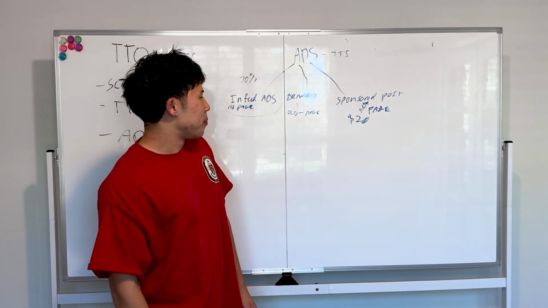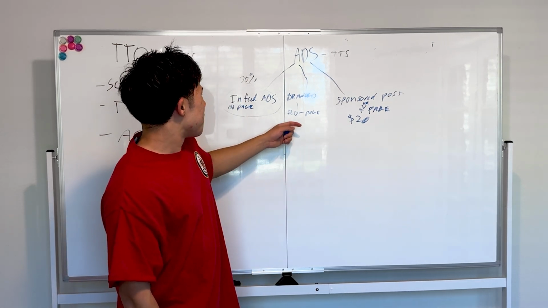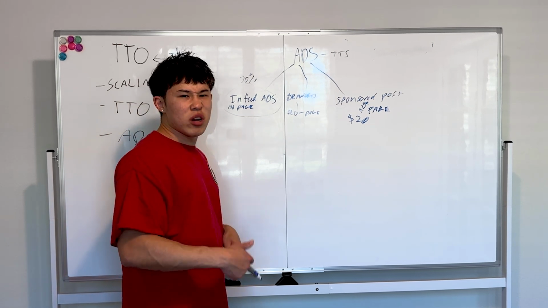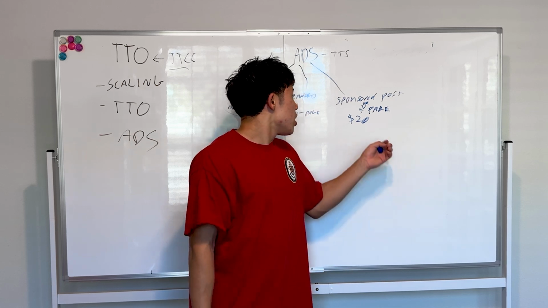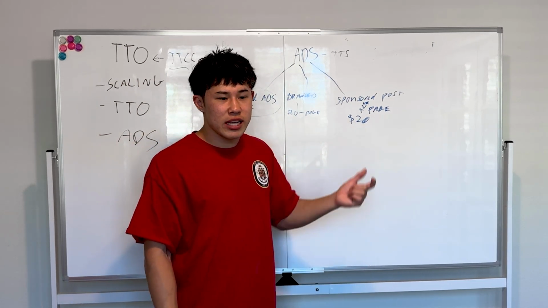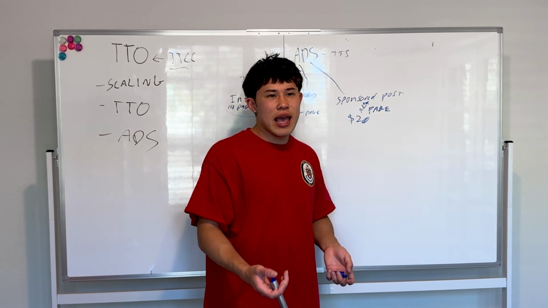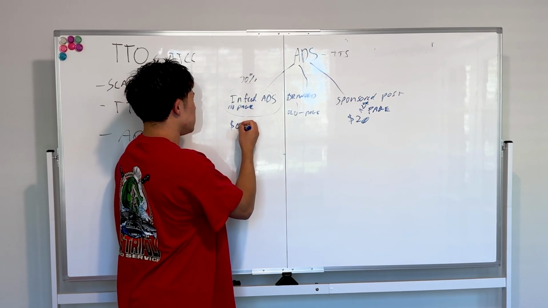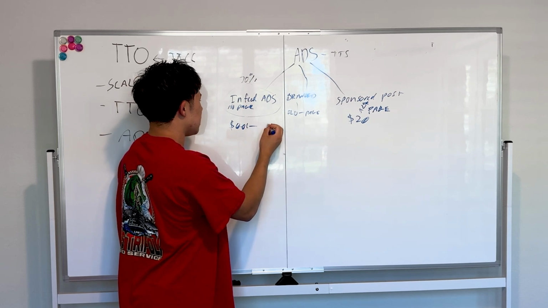So, realistically, I want to say that in-feed ads will probably pay you the most, but if you want to be consistent all the time, go for sponsored posts, because then you can collect $20 for each ad you're actually getting paid for, right? And because with in-feed ads, this is where you can make anywhere from 1 cent to like, I don't know,